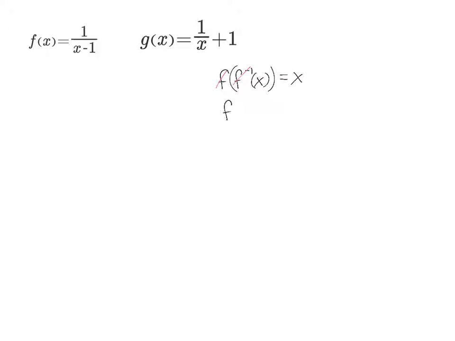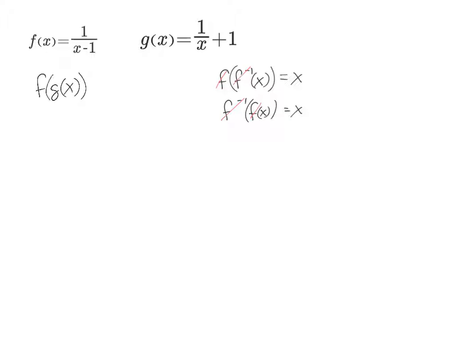And you also have to do that the other way. This should also be x, because the inverse undoes the function, and the function undoes the inverse. So either way, we should get x. So we're claiming that g is the inverse of f, so I'm going to compose f with g of x